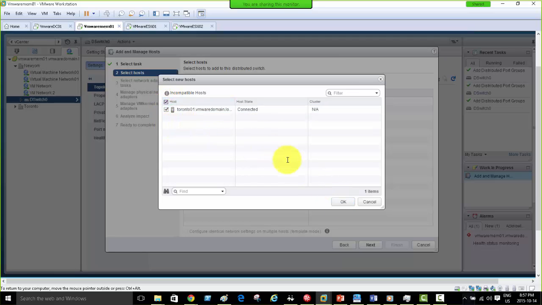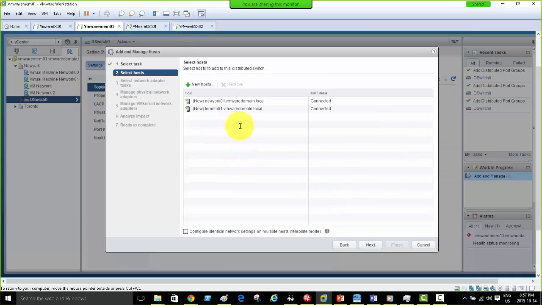What is that option and why is it so important? So I'm just going to select the second one temporarily, then I'm going to remove it. If I select 2 or add 2 hosts, then you see this "Configure identical network settings on multiple hosts (template mode)" option. That's very, very useful, because suppose you have 50 hosts or 100 hosts,